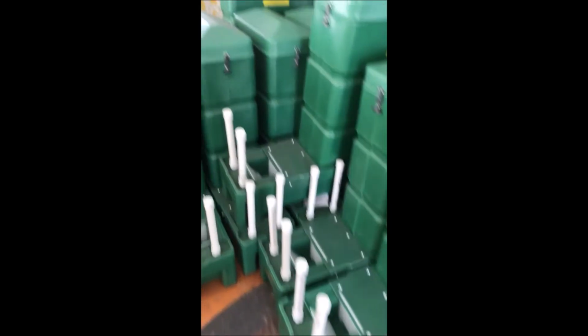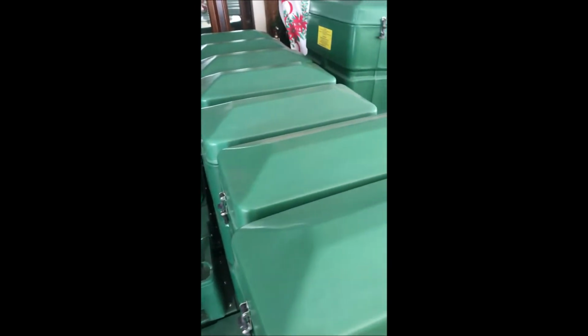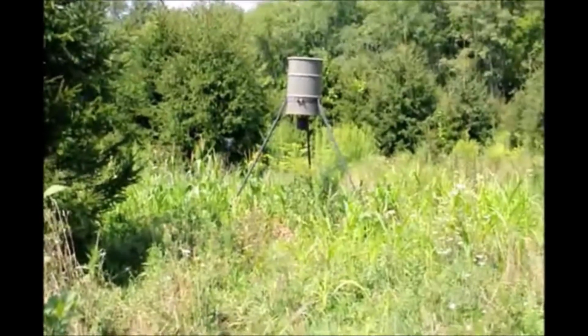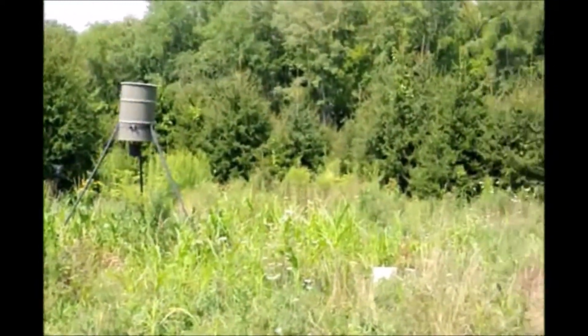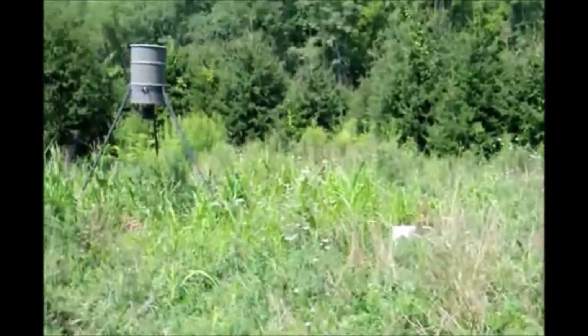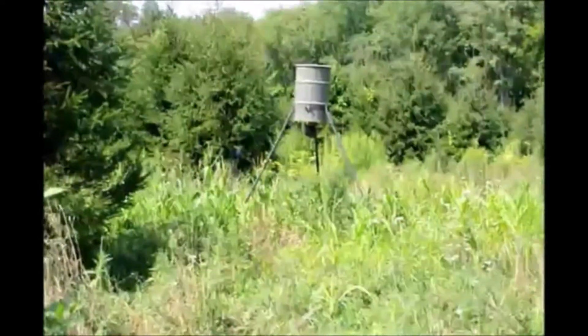And now more on placement of deer feeders and the best locations that we've found for placing a deer feeder at your location. In selecting a location for a game feeder, I like to have the game feeder well away from any woods. Woods and forests harbor squirrels. It's alright to have them in these spruce trees because there's not many squirrels that live in here. But I like to have the deer feeder in an open area surrounded by the evergreens such as these Norway